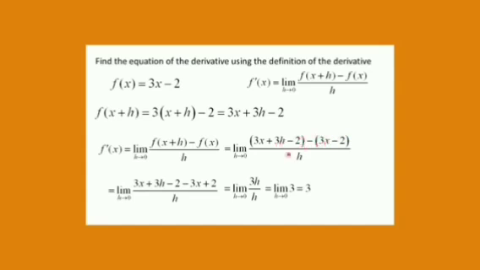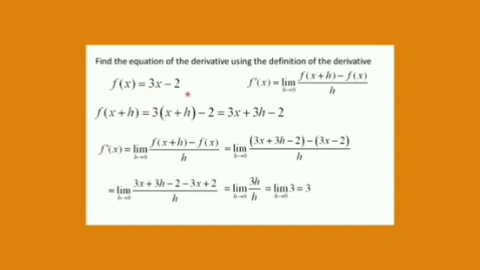Then on solving, this 3x minus 2 gets cancelled and I am left with 3h. 3h upon h means h and h get cancelled. So even if h is tending to 0, it is not going to make any difference for you. So I am getting 3, a constant, as my result. So the derivative of 3x minus 2 with respect to x comes out to be 3, because for x it is 1 and for the constant 2 it is 0, if I go with the formula. So either I go with the definition or with the formula, my results come out to be the same.